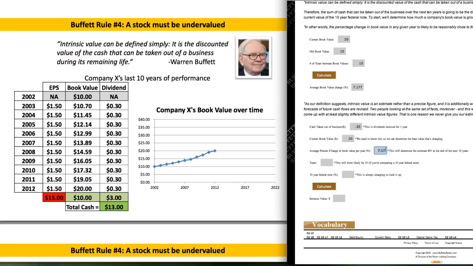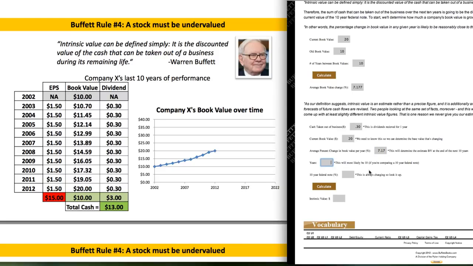Now, as far as the book value growth, if this number was really high, if it was over 15%, I probably would say that the calculator doesn't even work at that point because that's a growth company and not a company that's stable. But for here, I think 7% is a pretty average growth rate. So we're going to go ahead and use 7.17. This is where the guesswork of the intrinsic value calculation really comes in. It's a matter of preference. It's a matter of risk. It's something that you're going to have to tailor to your specific needs. But for this, based off of how flat that line is, I'm going to go ahead and use the 7.17.